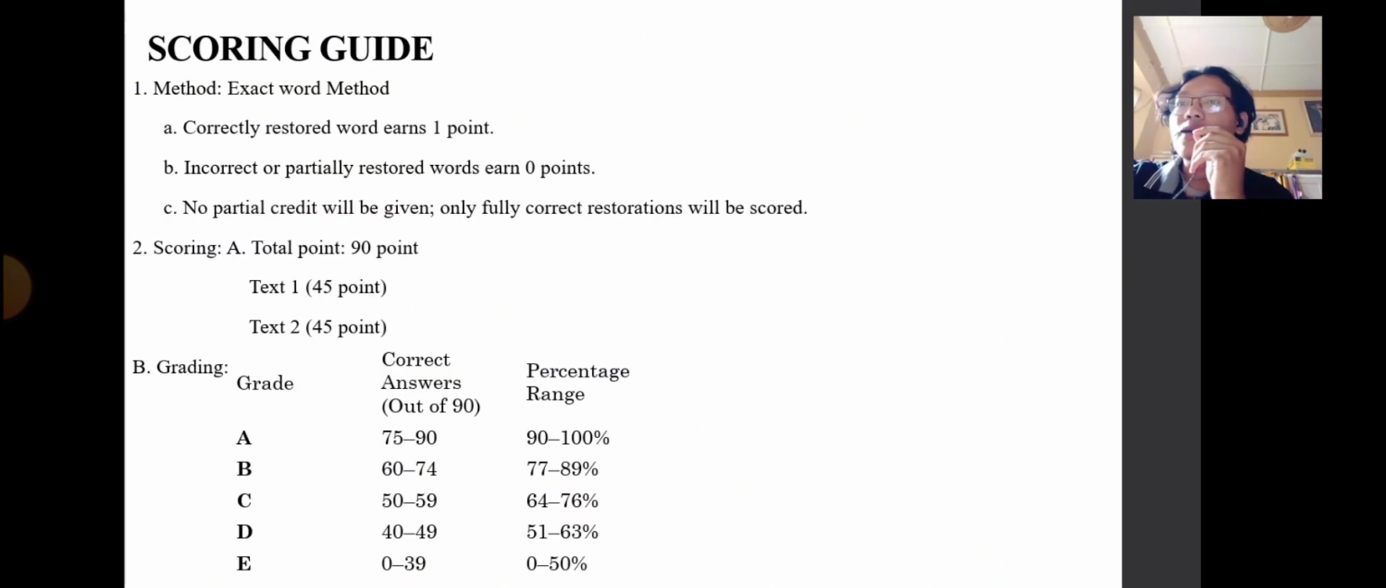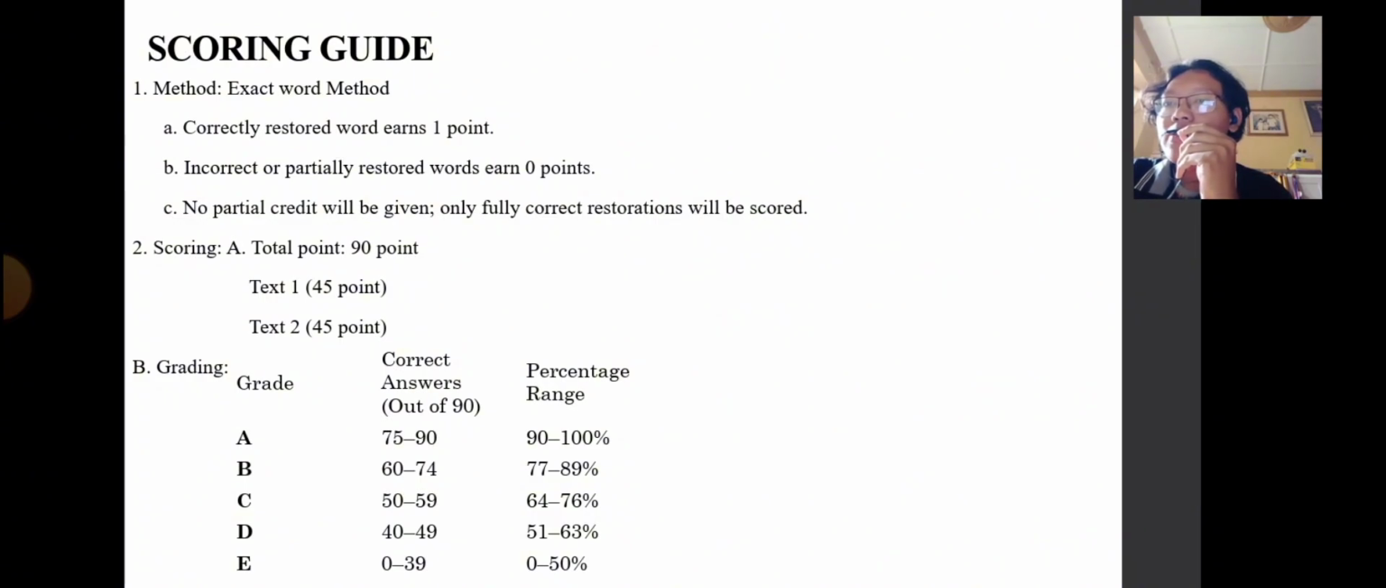Okay, for the scoring guide, I choose the exact word method. For the first, a correctly restored word gets 1 point, and an incorrect or partially restored word gets 0 points, and then last, no partial credit will be given, only fully correct restoration will be scored. For the scoring, the total points of text 1 and text 2 is 90 points. Text 1 45 points, text 2 45 points. For the grading,